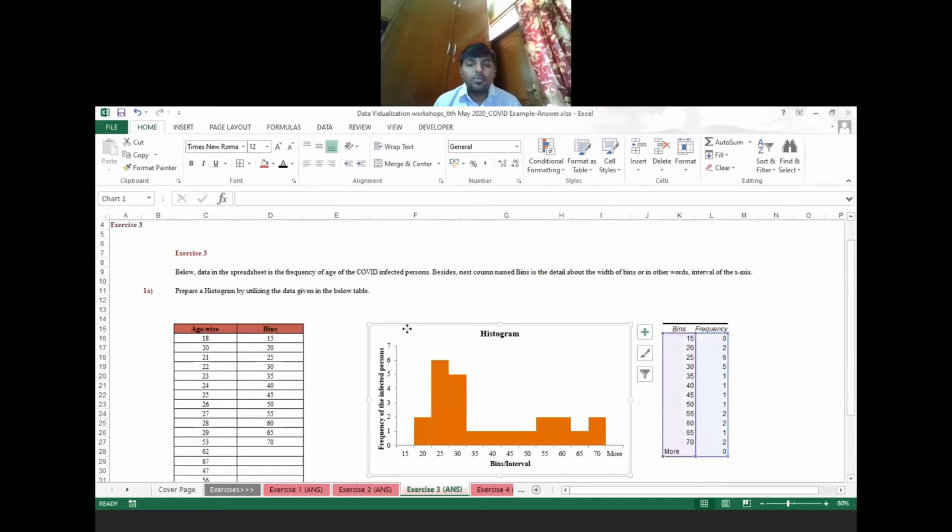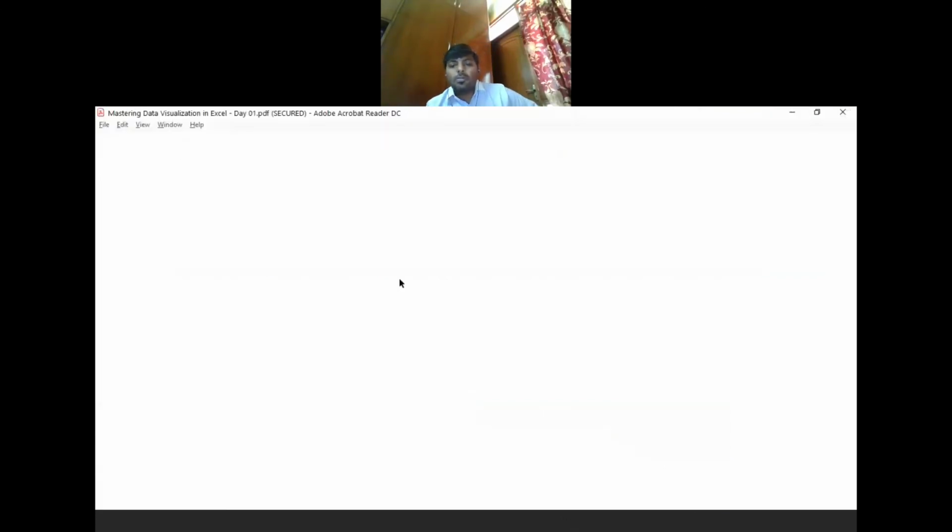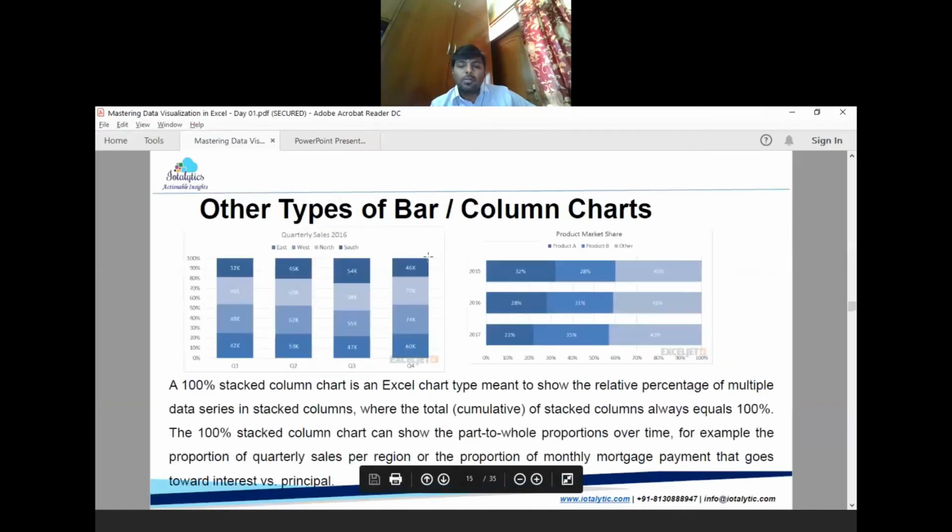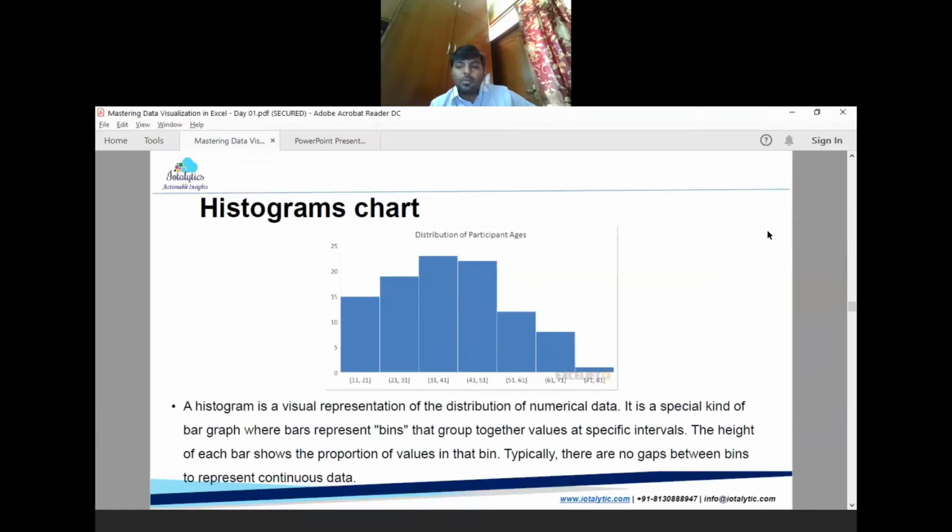For histogram making, I'll do a basic recap of the sir's earlier presentation. Basically, a histogram is a visual representation of the distribution of numerical data. It's a special kind of bar graph, or you can say column chart, because it's vertical. It's a special kind of column chart which has equal width.